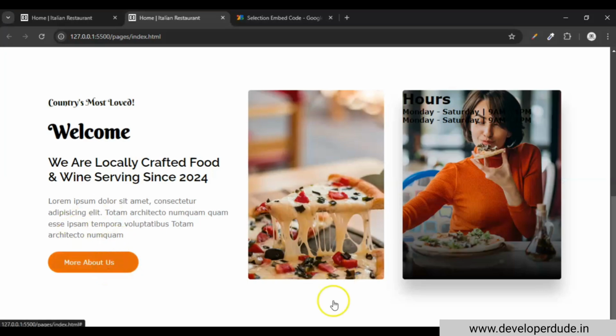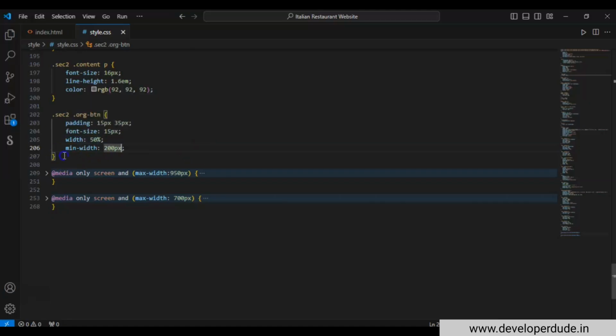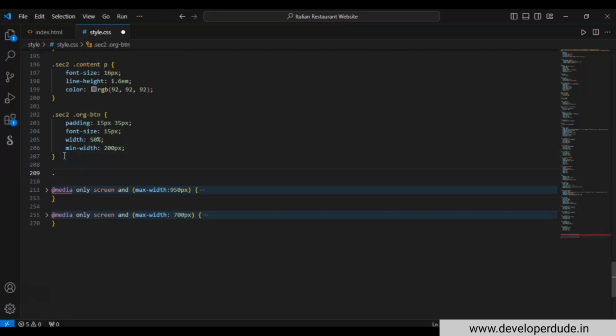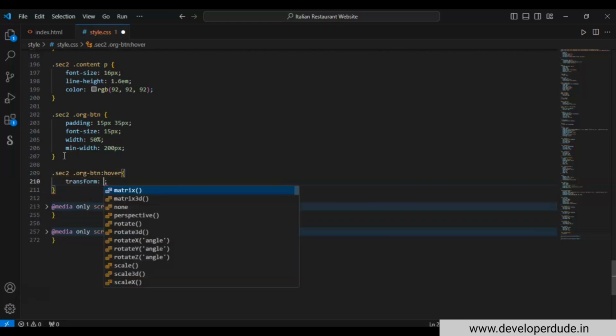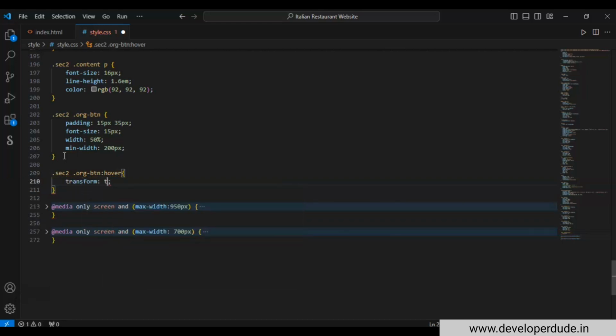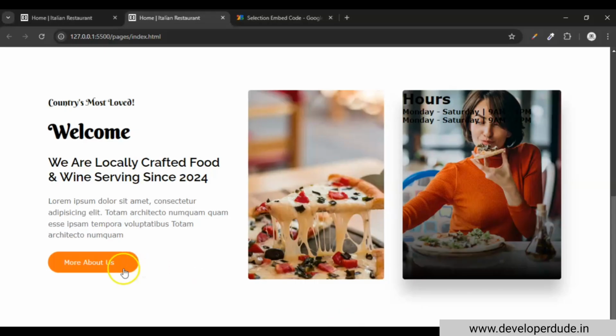So here you can see, now when we hover over this button, transform, translateY means vertically transform it 10 pixel. So now when we hover over this, it moves 10 pixel downwards. Okay,